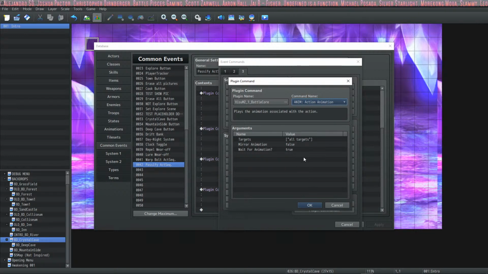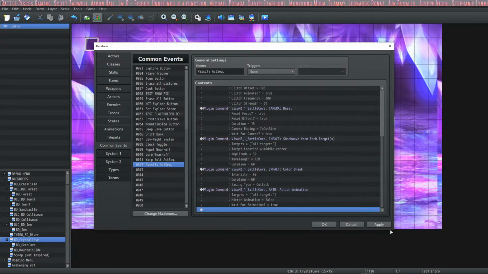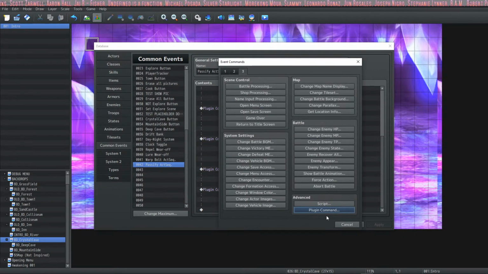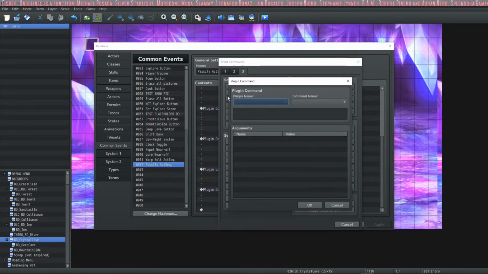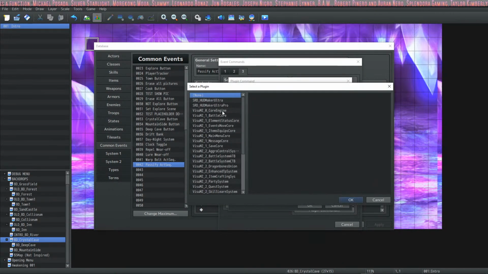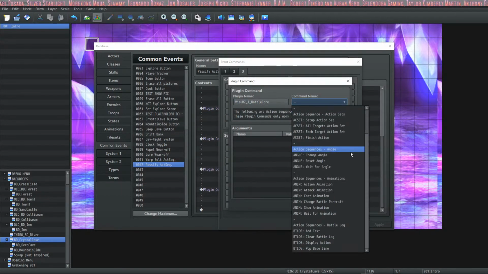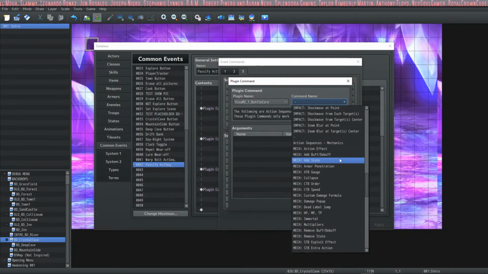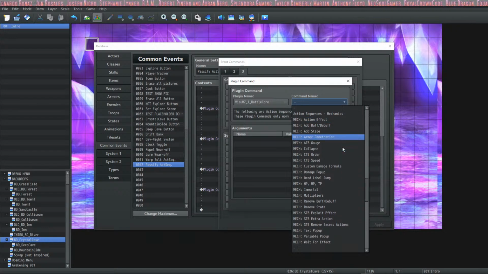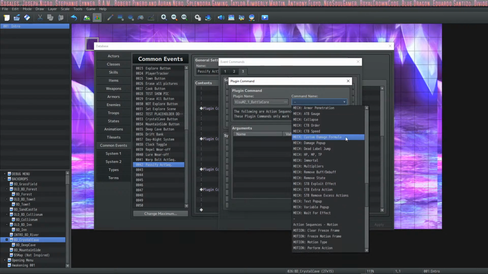Target all targets. Is it going to wait for animation? Yeah, cool, it already did it. And then we can just change a variable from here.